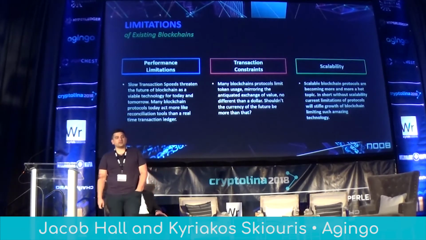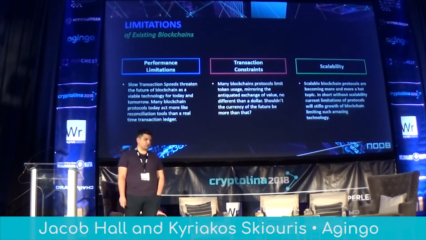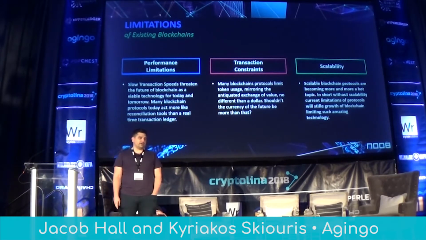So the limitations in blockchain, which everybody in this room probably knows, and this is a pointless slide, but the performance limitations and the speed of transactions is almost the final question on a decision tree if you're trying to see if blockchain's for you. If you're banking, if you're a financial payments processor or something like that, you need something in the thousands, where conventional technology still is going to be there.